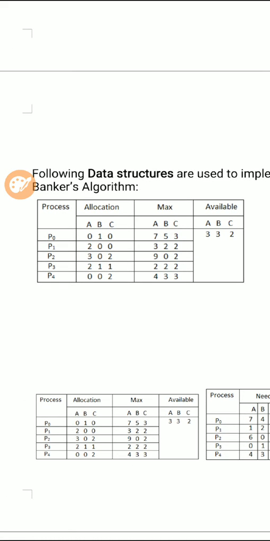So here, with the maximum available resources, with the maximum need, and actual allocated to P0 is 0, 1, 0, and the need which is